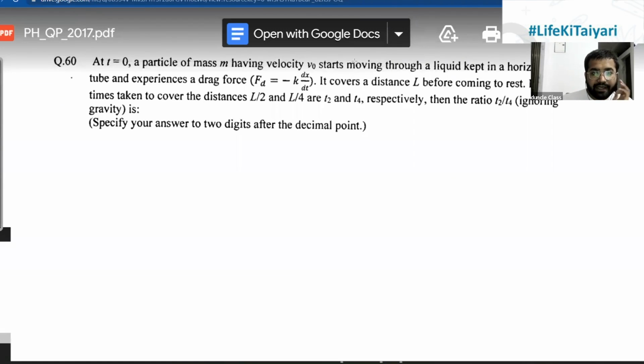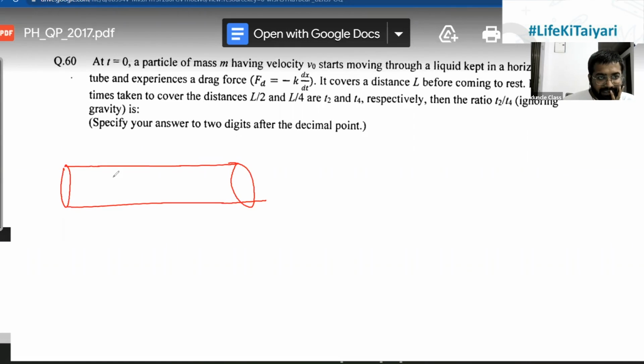Okay, so we have at t equals 0 a particle of mass m having velocity v naught starts moving through a liquid kept in a horizontal tube. We have a horizontal tube and a mass m particle having a velocity v naught, and it experiences a drag force Fd which is minus k dx by dt. It covers a distance L before coming to rest. If the time taken to cover the distance L by 2 and L by 4 are T2 and T4 respectively, then the ratio of T2 upon T4 is,